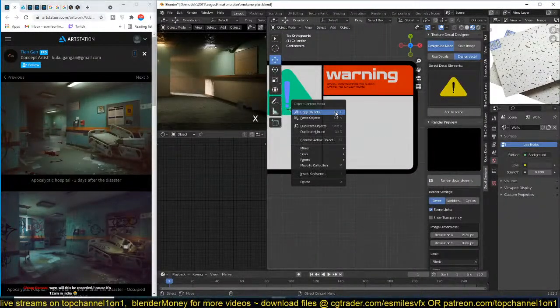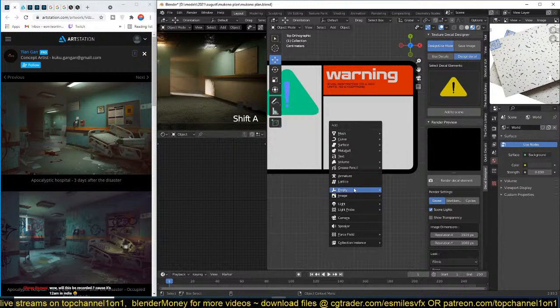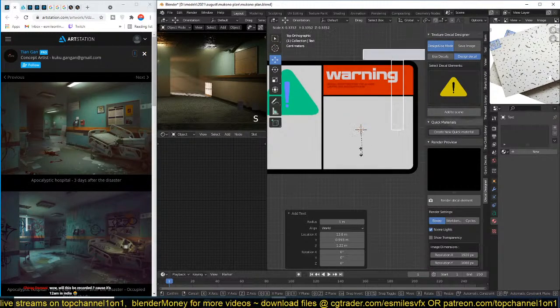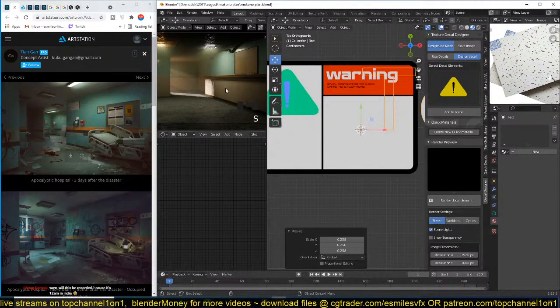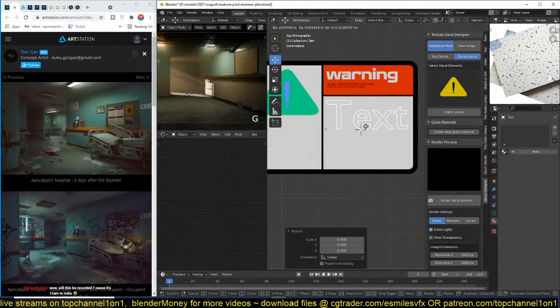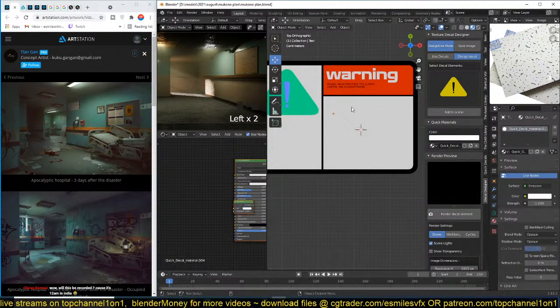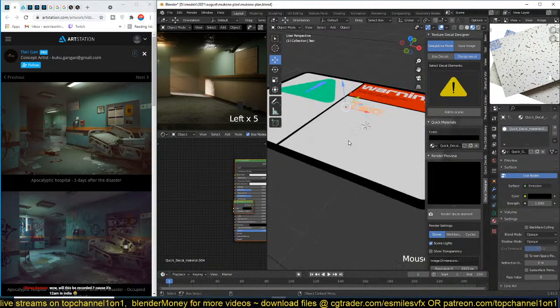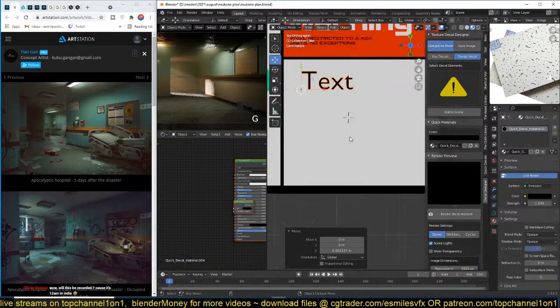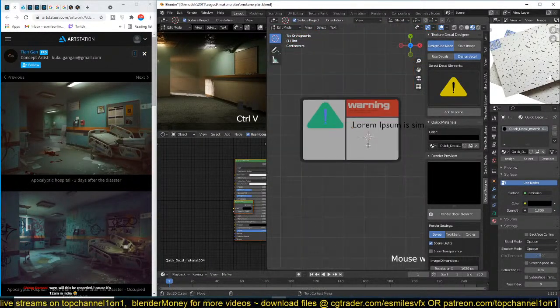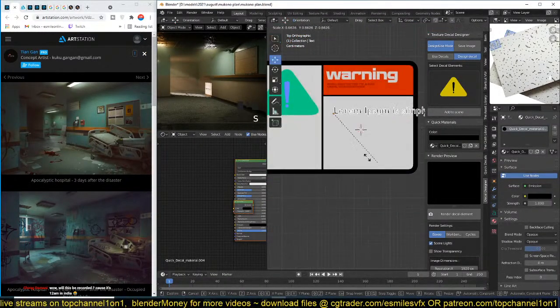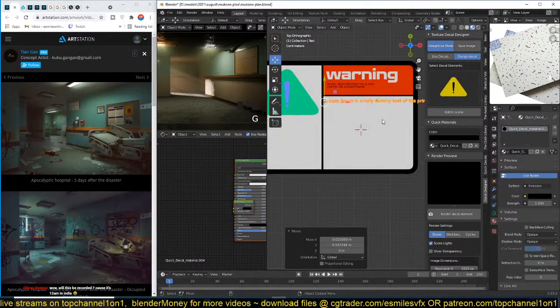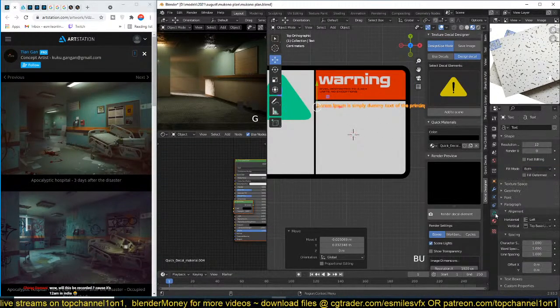So I can simply create a text object in Blender. Remember, we are just designing something like this to reuse here. I can give this a dark material so that it is readable. I think I need to bring it a bit up. Paste the Lorem text. You can see right now it's a single line, but if you go into the font settings,